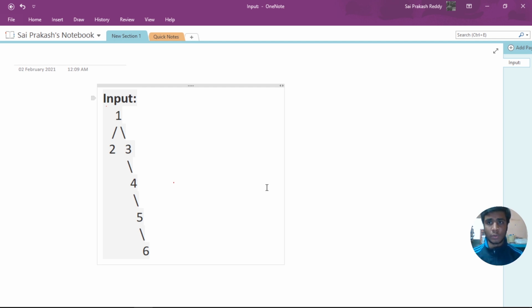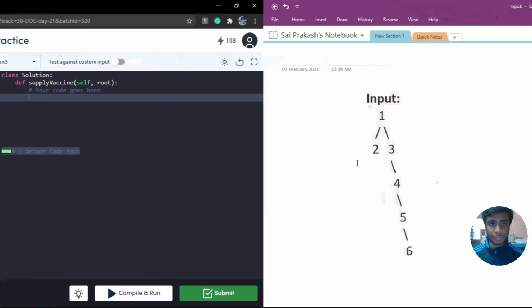We are solving this problem in a greedy manner. What the greedy approach says is that when you are solving the subproblems, always generate an optimal solution for each subproblem, so that in the long run we have an optimal solution for the total problem. So we are always going to optimize the way we give the vaccines, and as I said, we are only going to provide vaccines to non-leaf nodes. Now that you understand that, let's implement it in code, and we'll see what base cases we are missing and how to handle them later.